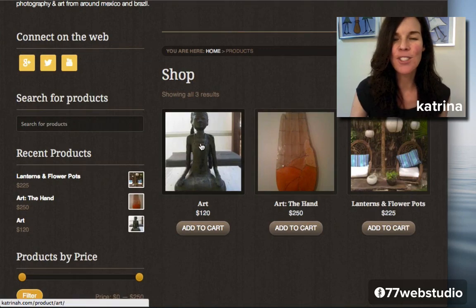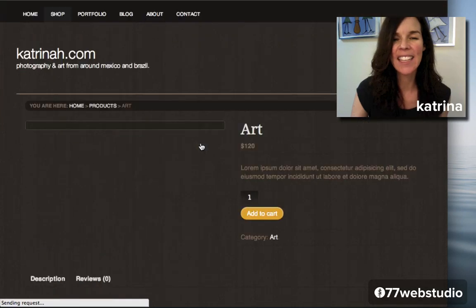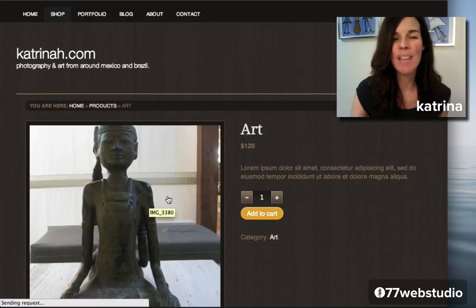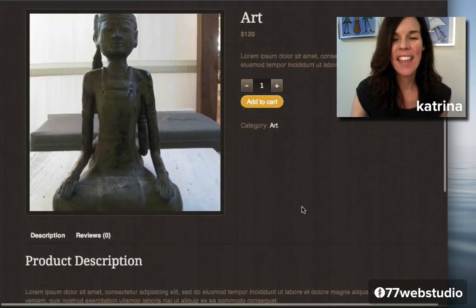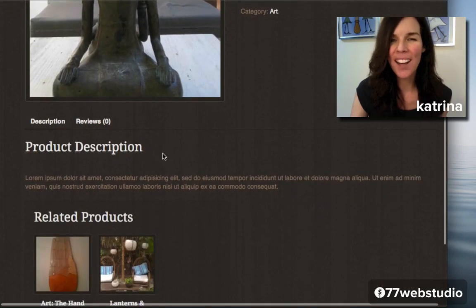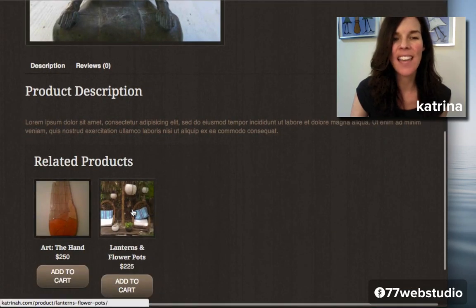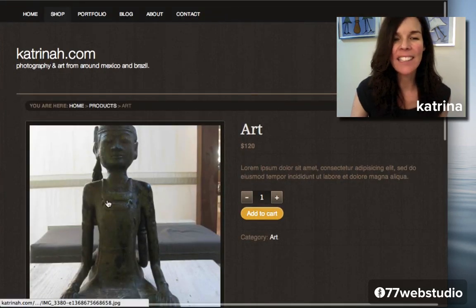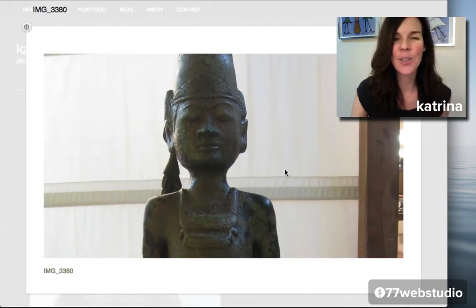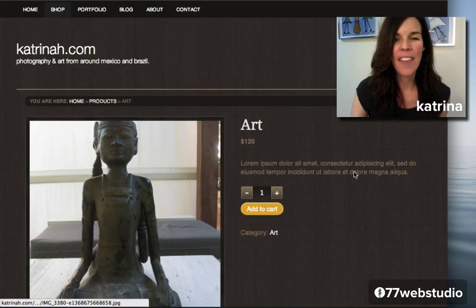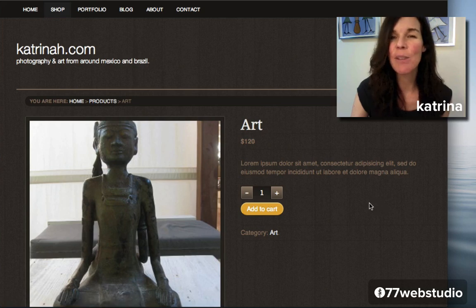I'm going to click on one of them just to show you what the product pages look like. Here you'll have a large image of the product on the left-hand side, and then the product title, the price, and then the call to action, add to cart. Then scrolling down below, you'll have a short product description and then some related products that anyone can also check out if they're interested in this one. Also note that when I click on this particular image, it opens up into a really nice light box display so I can see a larger version of the product image. So that is what the product page looks like within this theme.